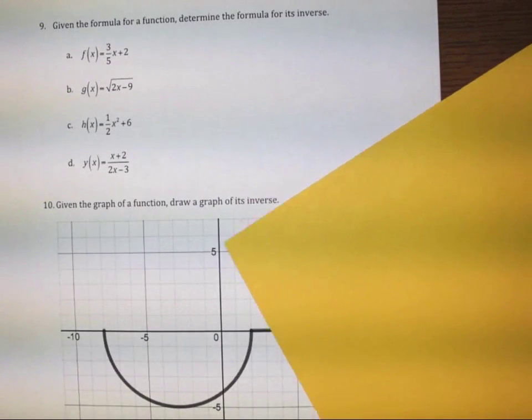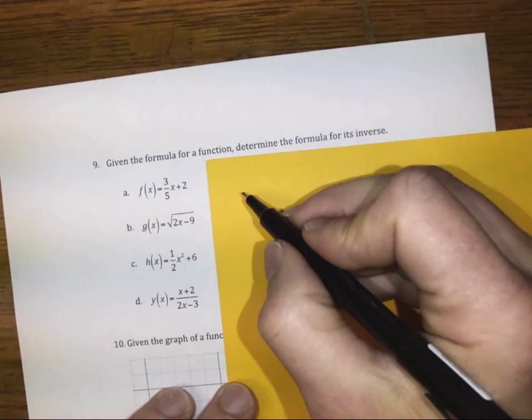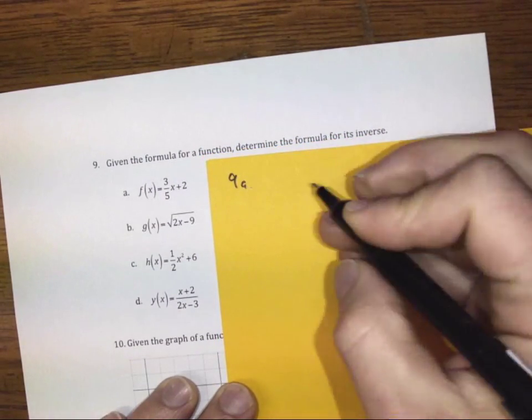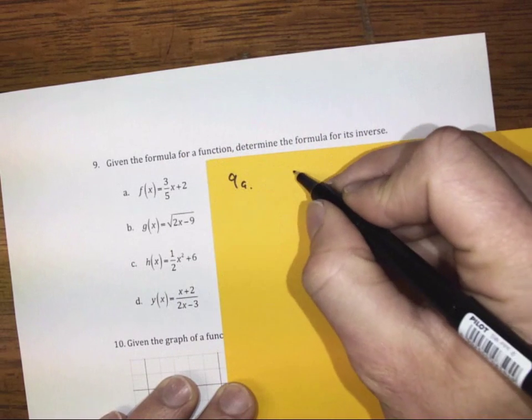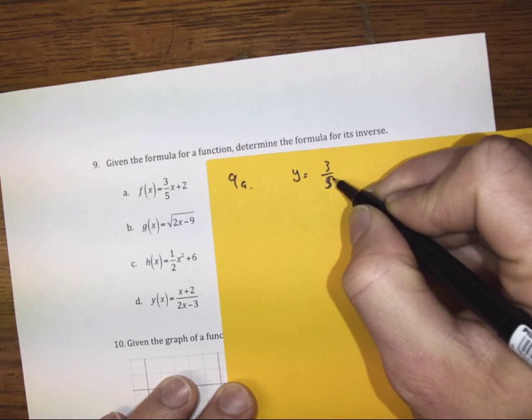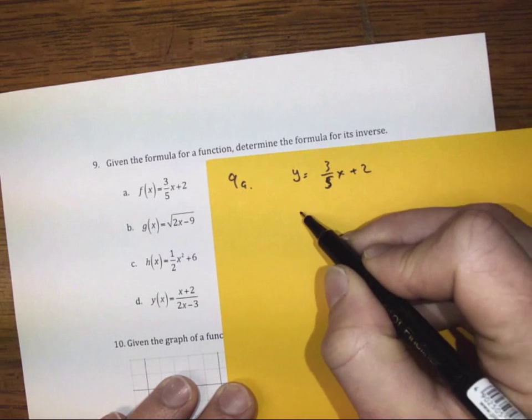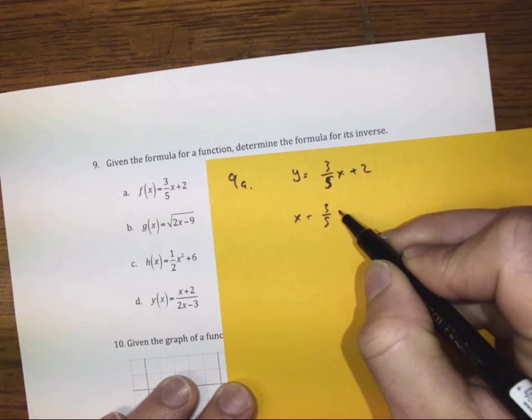Okay, question 9, we're going to be doing some inverses of functions. It's good exercise. All right, so what do we got here? Let's get into this. 9a. We're going to find f negative 1 of x, so we're going to start by replacing that with a y. We get 3/5 of x, and we're going to add 2. We're going to switch around x and y, and so it means x is 3/5 of y, and we're going